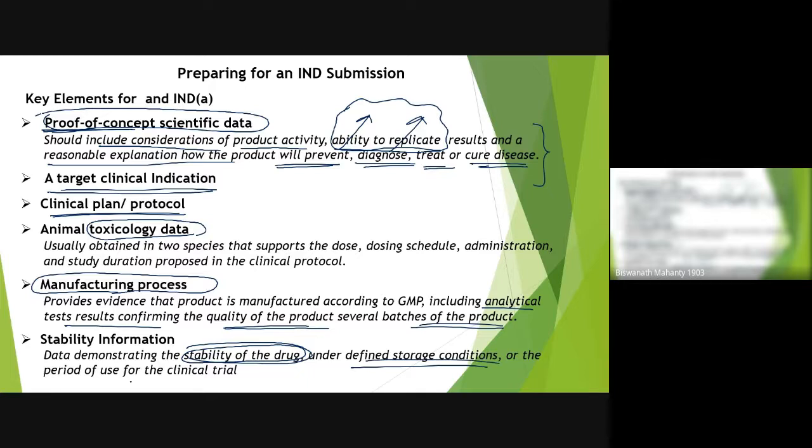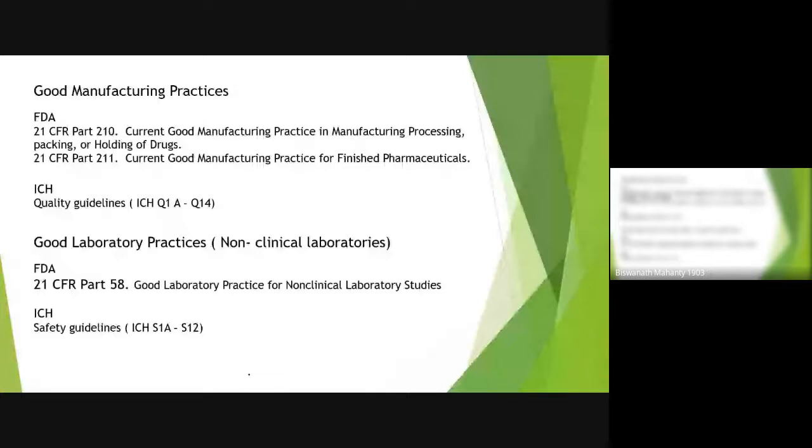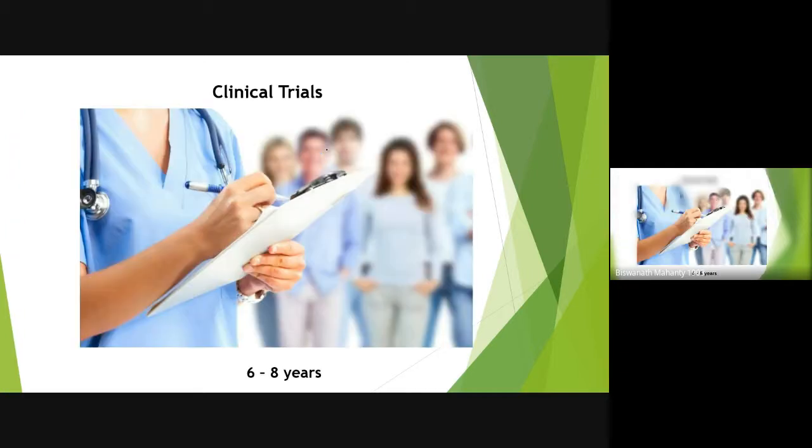So this information may be required when we are going to prepare for this. This is not necessarily for a research lab, but for example, when the pharmaceutical industry is looking at quality guidelines or good laboratory practices for non-clinical laboratories, there is some reference guideline you may always check. And when I come to the clinical trial stage, it can go longer, 6 to 8 years we are projecting,